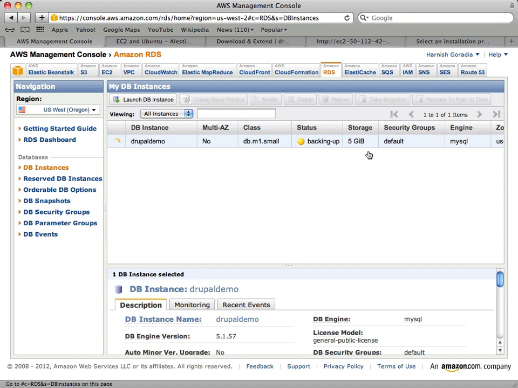There is also a concept, just as we opened up our web servers for port 80 and port 22 access, remember, so we could access our web server. We have to open up our database server to only access the web server. How do we do that? By the time this is getting done, I'm going to bring you to this tab, EC2.